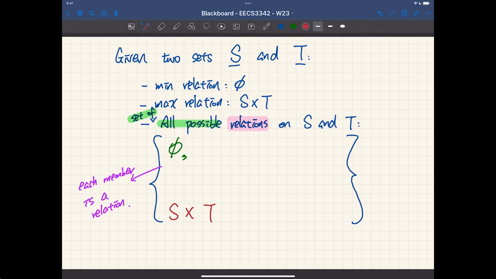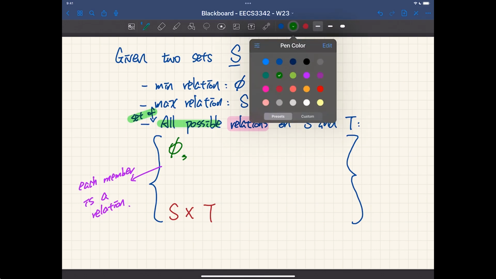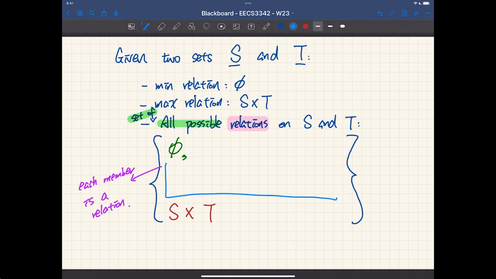What about in between? Any idea? If you try to see the way I'm trying to enumerate things, isn't that kind of similar to something we did before? Power set. Think about it, right? I'm trying to make some connection for you. That's why I said it's so important to understand power set. Let me try to recap and then give you guys a little bit of time to think about it, and I'll give you the answer, okay?